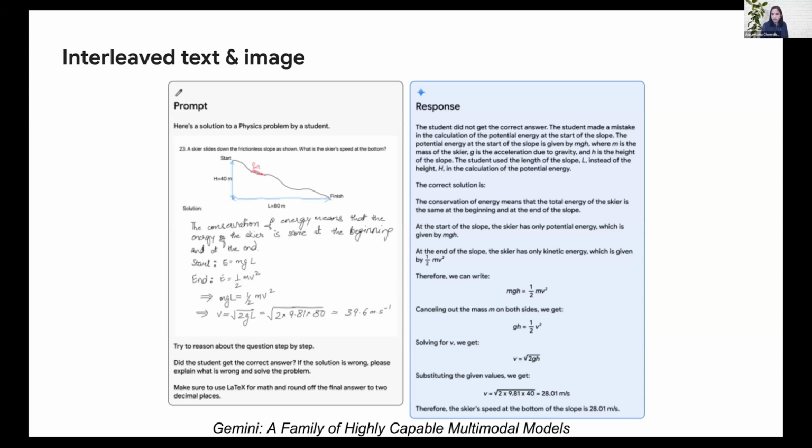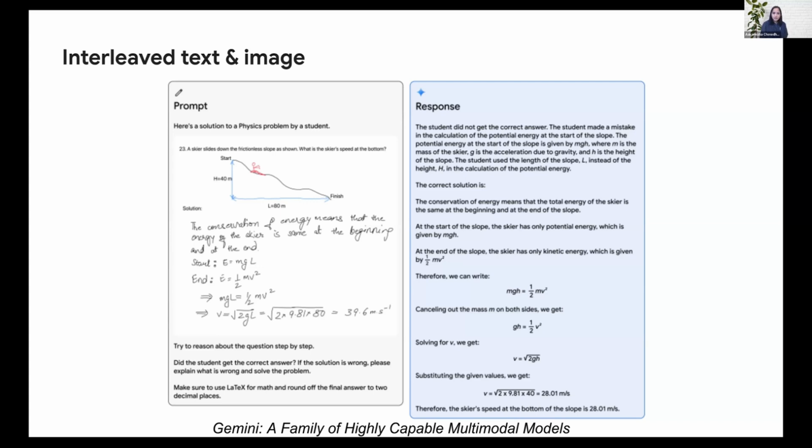On the right, you see the model response, and it shows that the model is not only able to recognize the handwritten content, it is also able to verify the student response. It finds that there is a small correction in terms of what the student is assuming is the correct height, and then it goes ahead and corrects that and provides the correct solution.